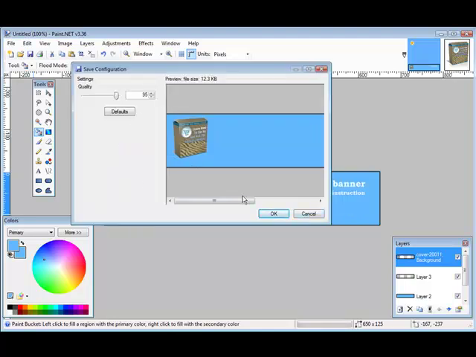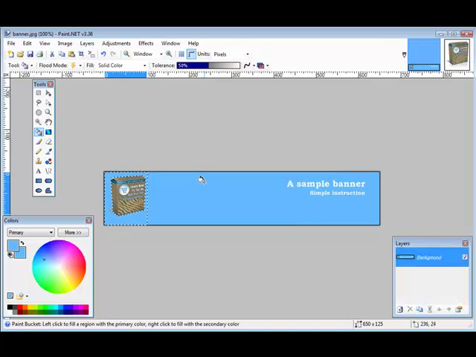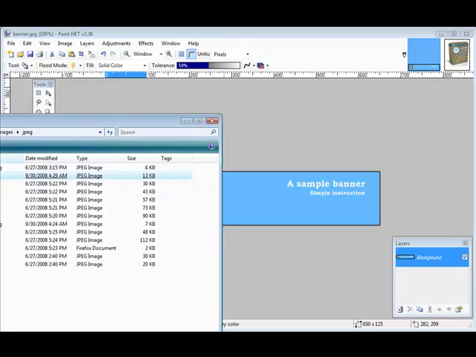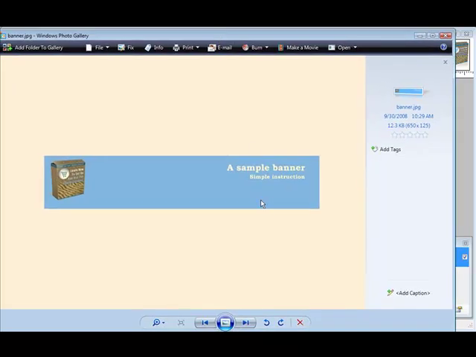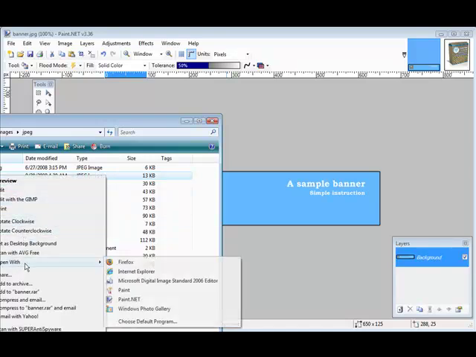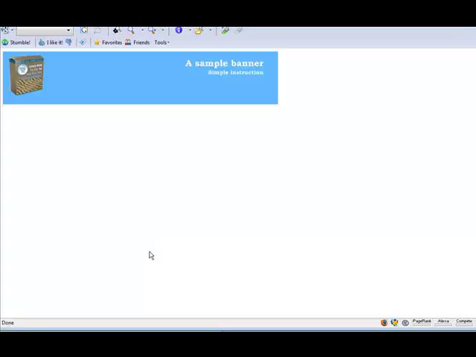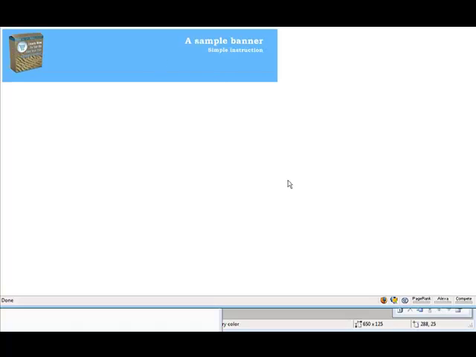Then it goes through to ask us about the setting and quality. So we'll just leave the defaults there. It tells us that we have to flatten it. And there, it's done. Now we can open our image with our browser. Okay, so here's our banner. If we click on it, it'll open in the viewer. There's what it looks like. We can also open it by doing an Open With, and with whatever browser we use, Firefox. And there's our banner in Firefox, all ready to use wherever we